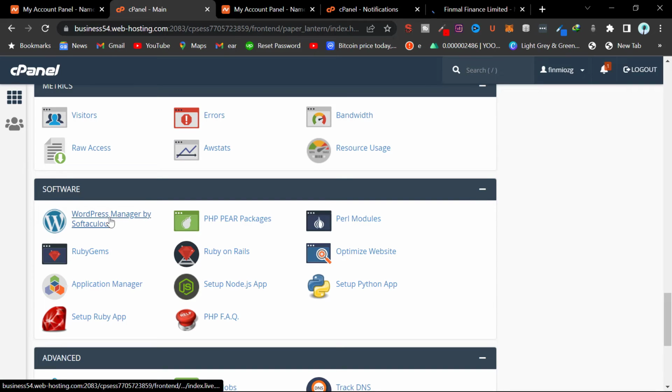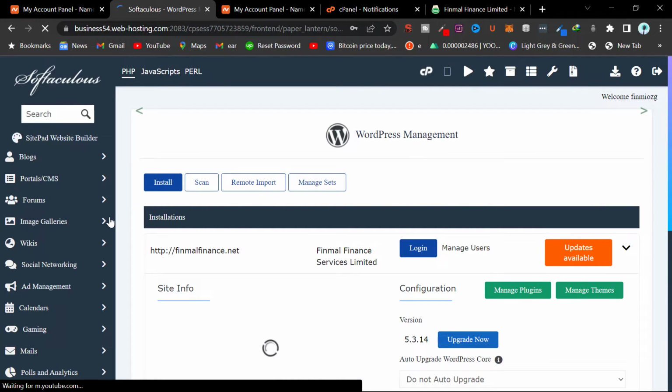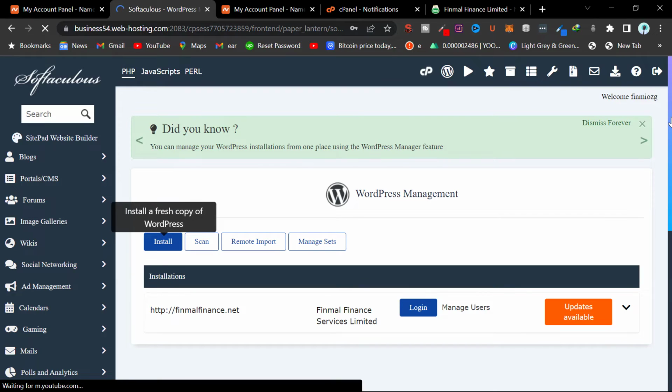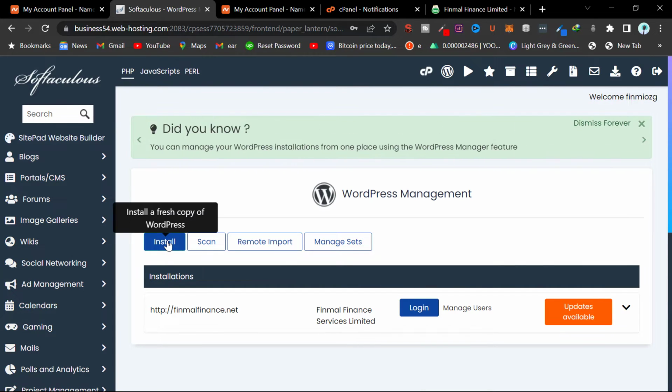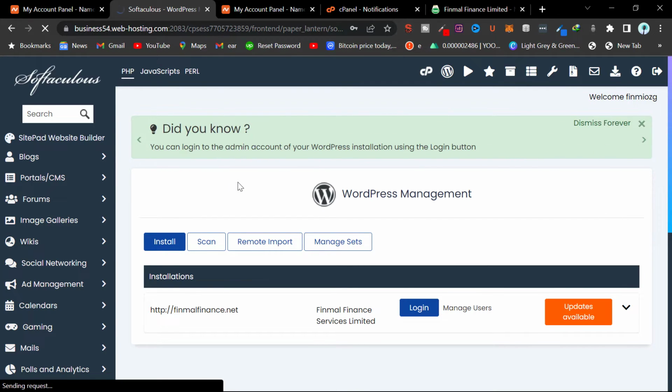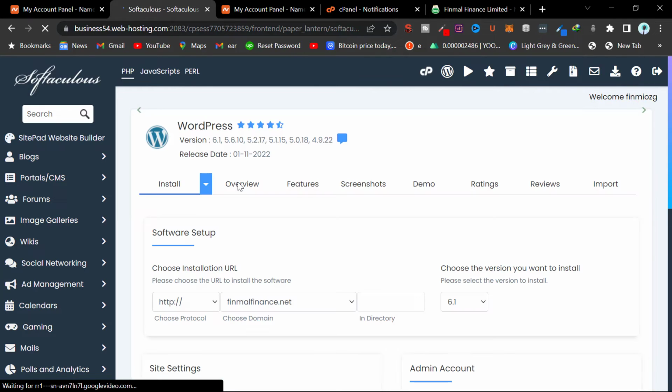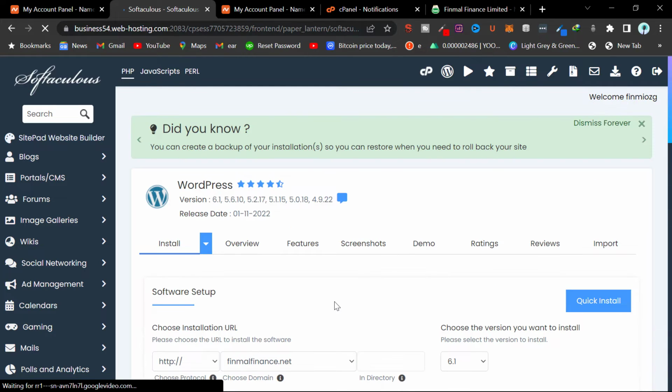Now click on WordPress Manager by Softaculous, then click on install. I want to install a new, different WordPress on our domain. So now we have an installation here. When you click on install, now, very important, you see